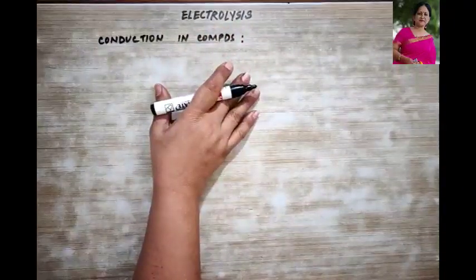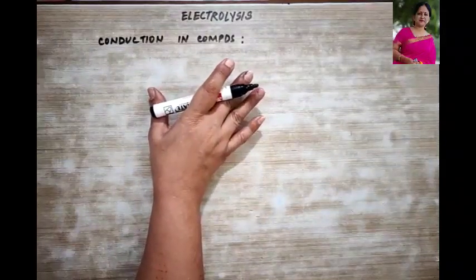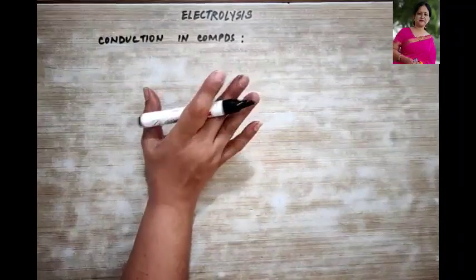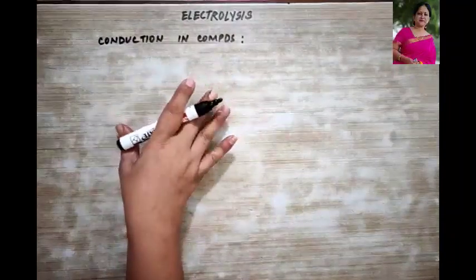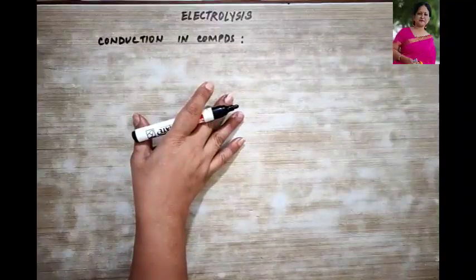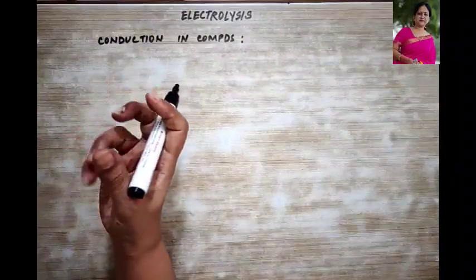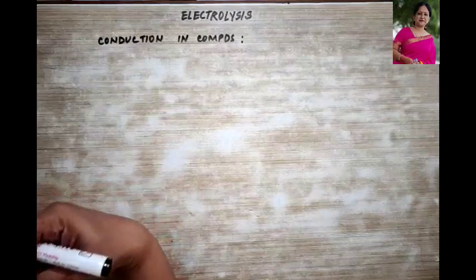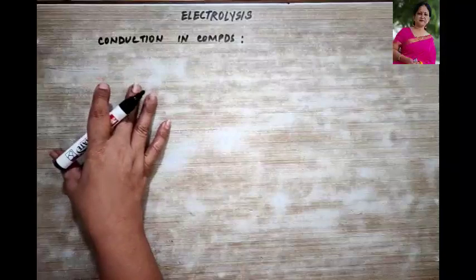Now we already know that the electrovalent compounds consist of oppositely charged ions, and they are held together by strong electrostatic forces of attraction. Hence, in the solid state, even the electrolytic compound cannot allow electricity to pass through. Why? Though it contains ions, they are all attracted by strong forces, therefore they are not mobile, and hence they will not allow electricity to pass through.